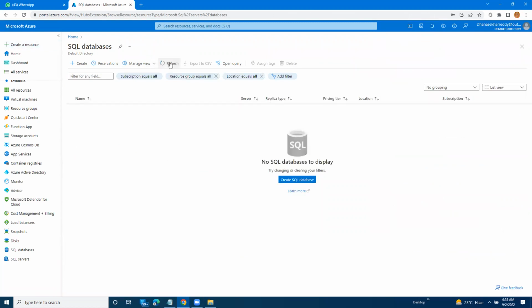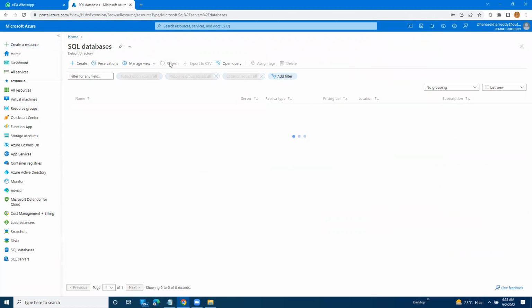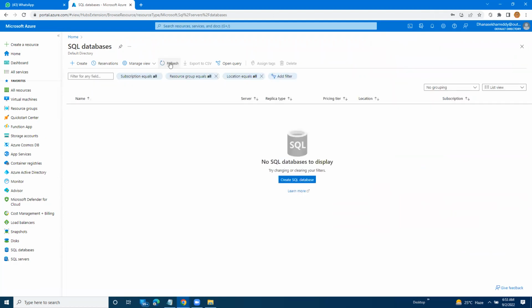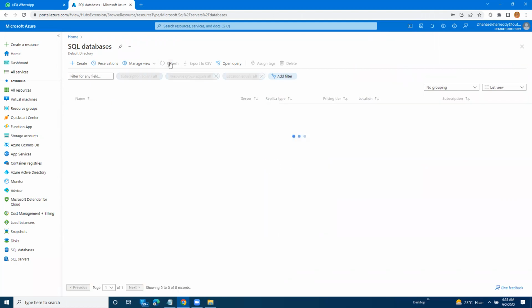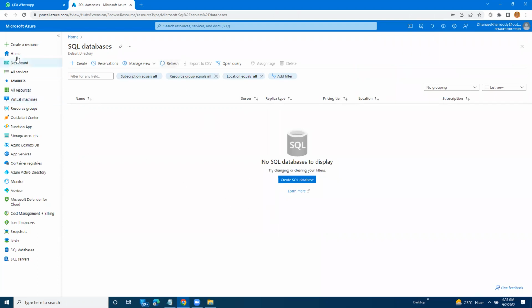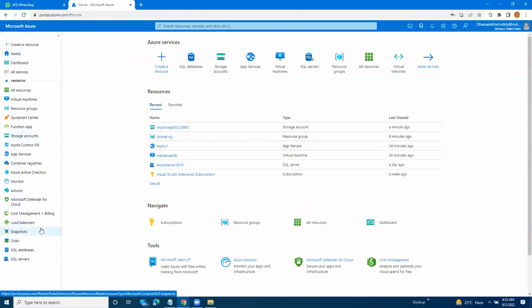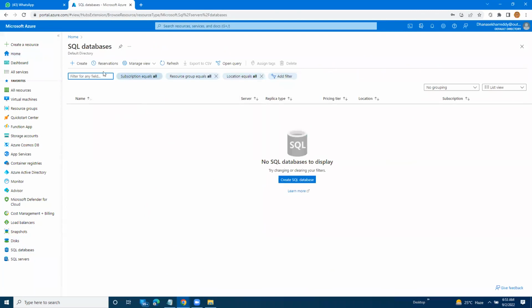Okay, refresh. See, if I go and verify, there is no database, right? It has been deleted. Assume that the current database is corrupted or someone deleted it accidentally or some data got corrupted